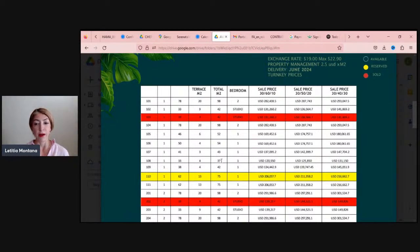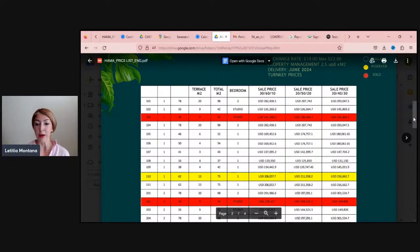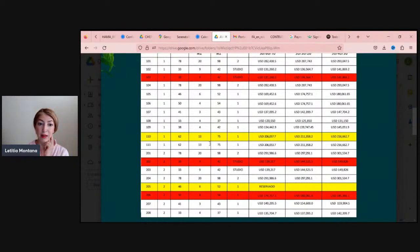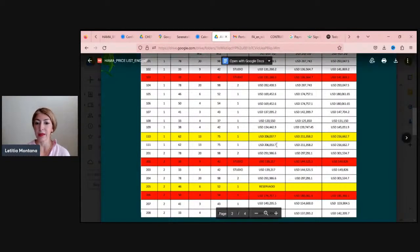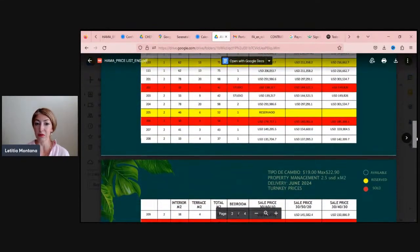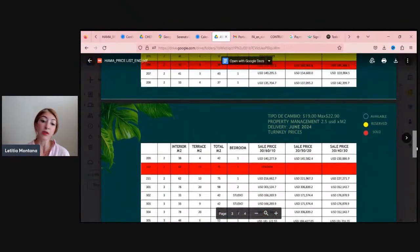So I know what I'm talking about in terms of the prices being very attractive for this caliber of property and this location. As you can see, we have more studios now. We have the one bedrooms. This is a large one bedroom, in total 75 square meters, 62 interior square meters, starting at around 200. Not surprised. And I think the studios are, to me, the most attractive